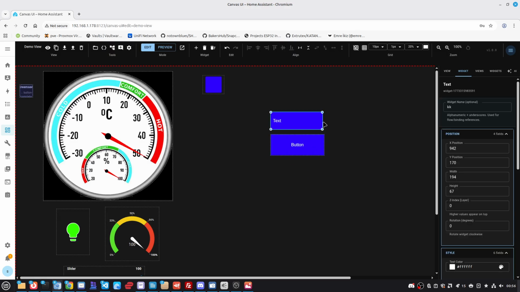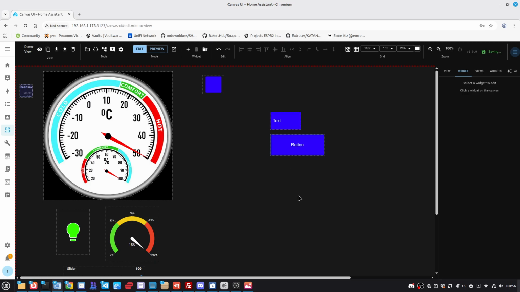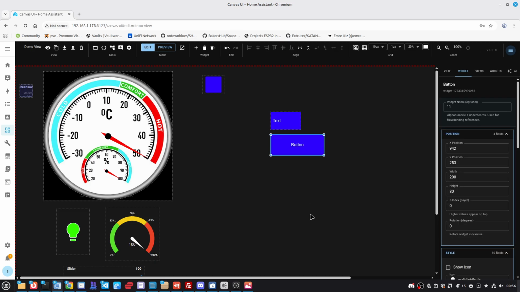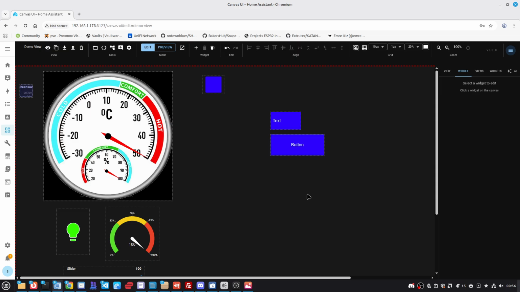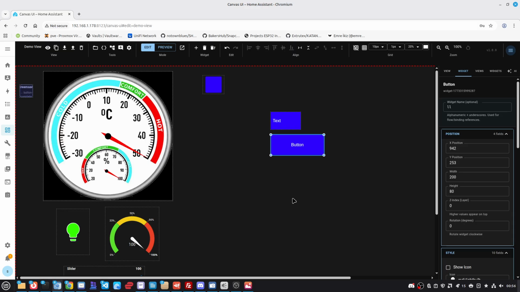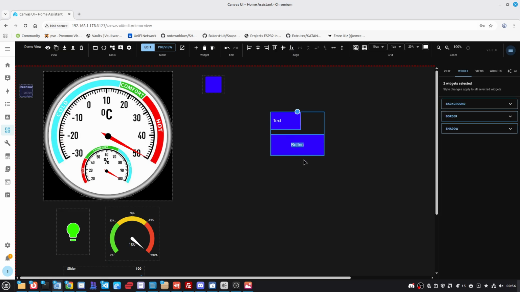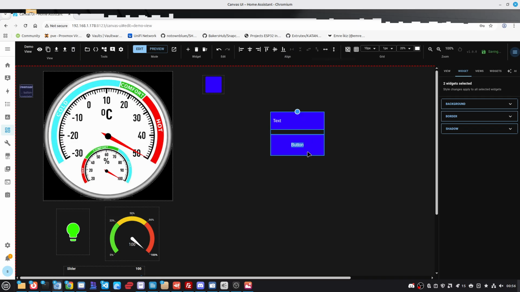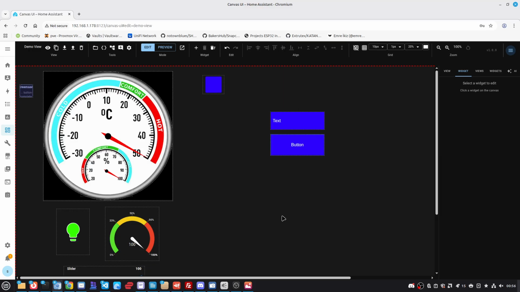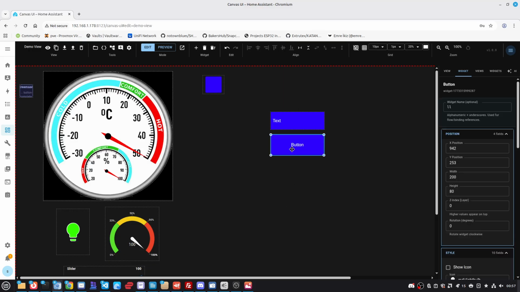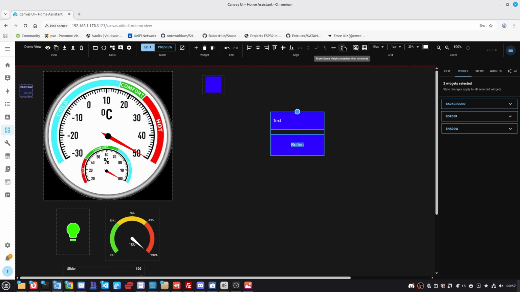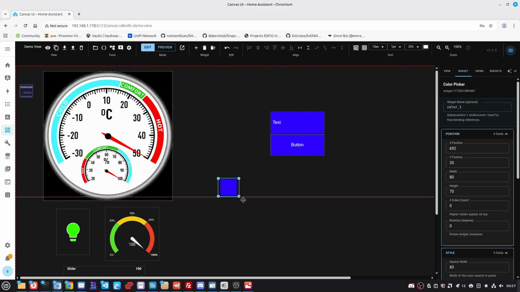I can make this smaller. The first one I select, I'm going to resize the text widget to match the width of the button widget. Whichever widget I click first in the multi-select, I can make the others the same size. Now I can click it again, this one here, and make them the same height. I can then move a third widget in,